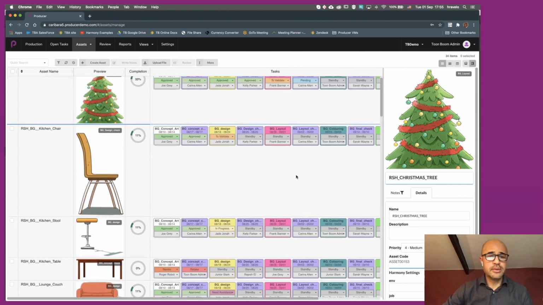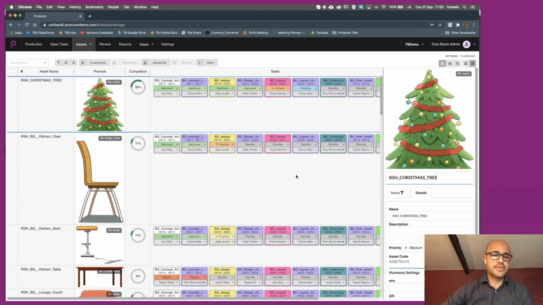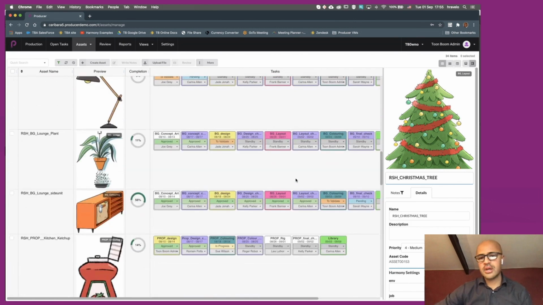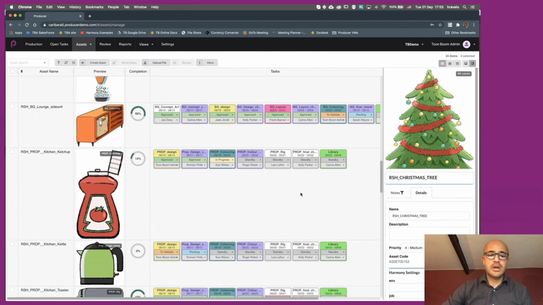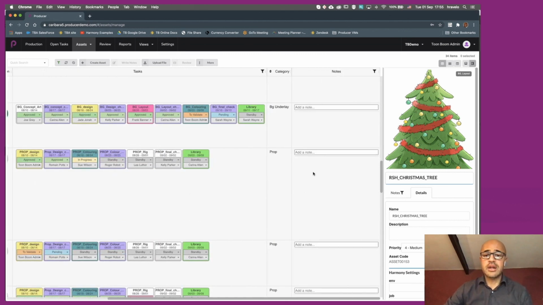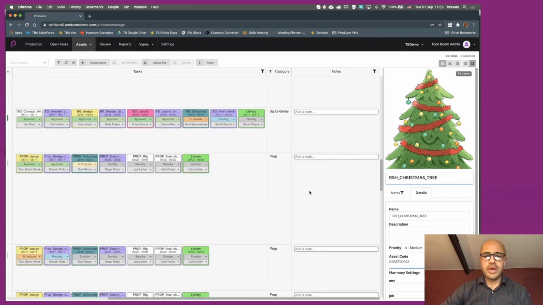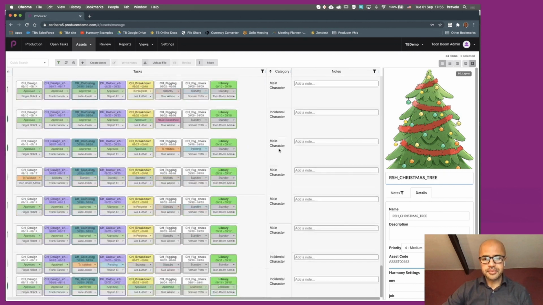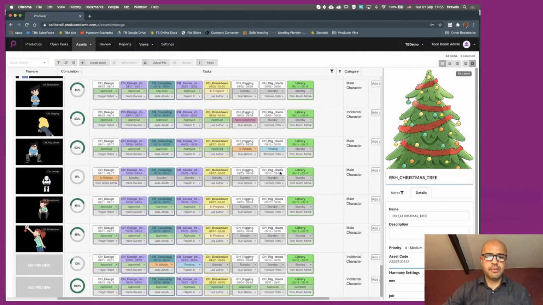As I mentioned earlier, you can track different types of assets, backgrounds, props, characters, all kinds at all. And you can also categorize them. For instance, here I've created a background underlay, props, even characters.